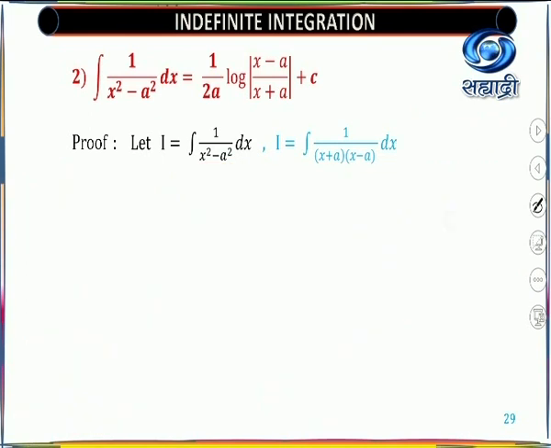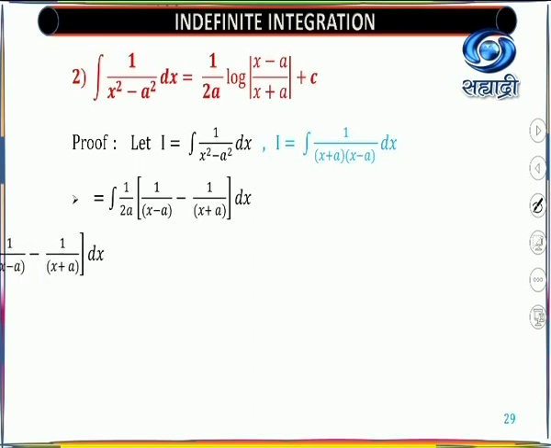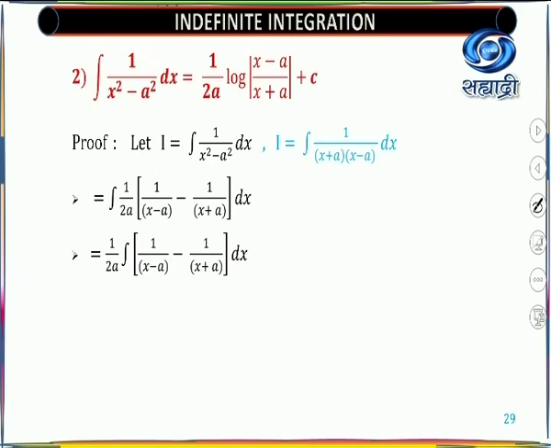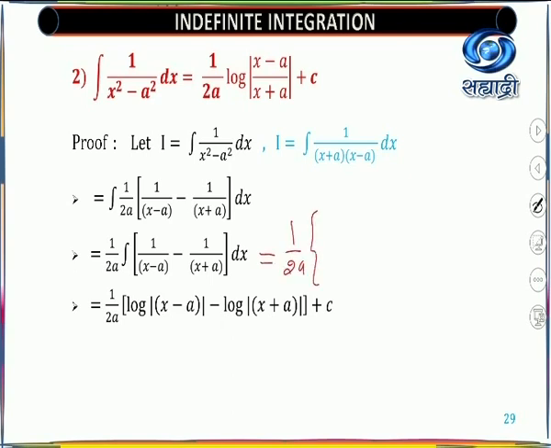The next step is here, integral. Look at here, 1 upon 2a will be taken common. 1 upon x minus a minus 1 upon x plus a dx. Now separate the terms. You will get integral 1 upon 2a integral 1 upon x minus a minus 1 upon x plus a dx. Why the bracket? Because 1 upon 2a is common to both the integrals. So you will get this as 1 upon 2a. Here you are able to write 1 upon 2a, the curly bracket gives you integral 1 upon x minus a dx minus integral 1 upon x plus a dx.